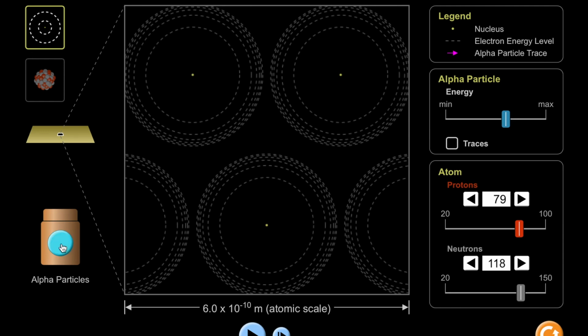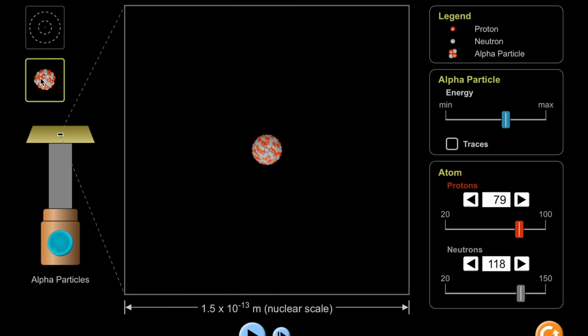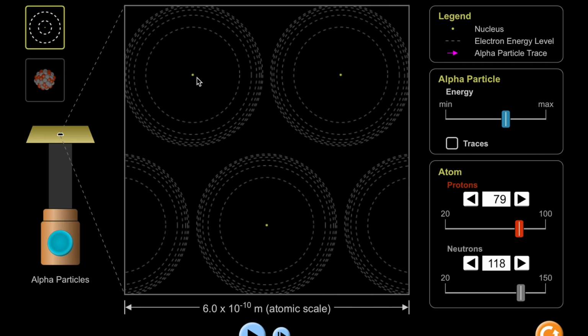Now, if I click the on button, there's this kind of flashlight thing, and that's the alpha particles that are impinging on the gold foil. Now, over here on the right, we have a model of, well, I'll just start with this. So this shows a gold atom, a gold atom, a gold atom, and a couple are off the screen here. And these dotted lines represent electron orbits. And if we click the start button, what we're going to see are these particles that are shooting up from the bottom, because that's where they come from. They come from the radioactive source, and then they impinge on this gold foil.